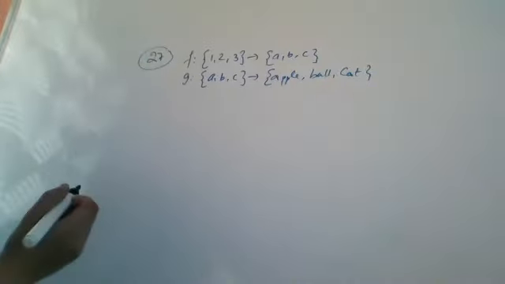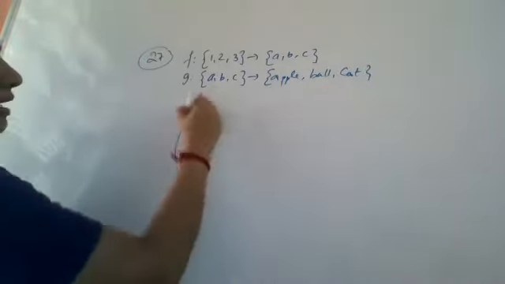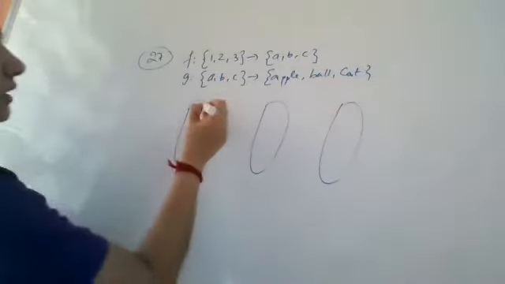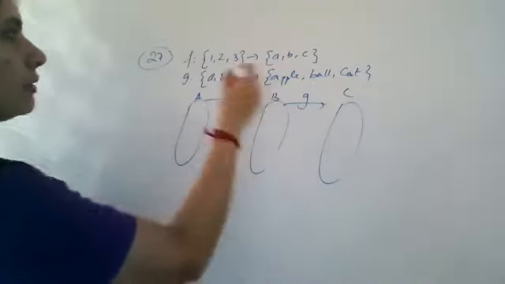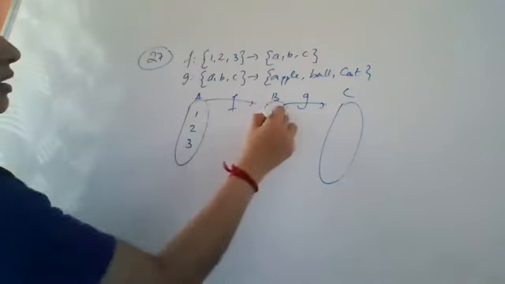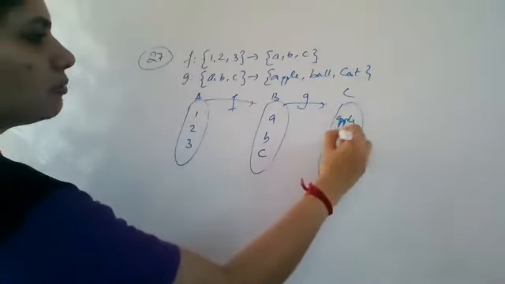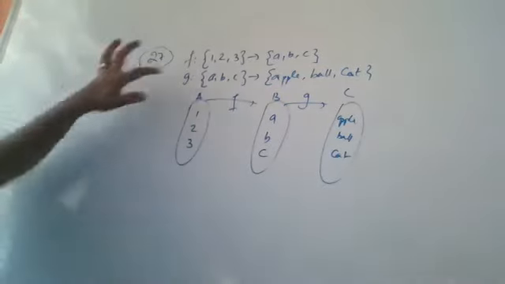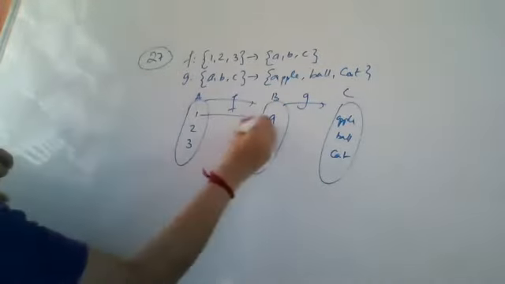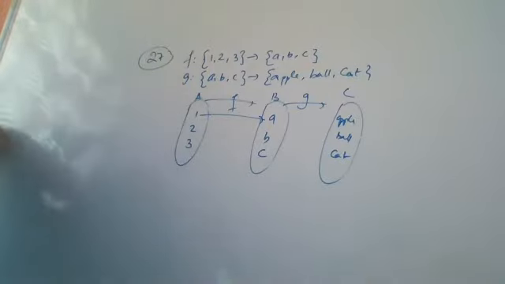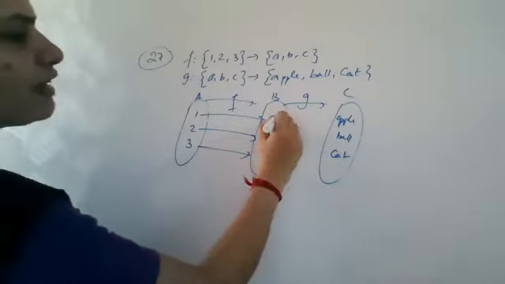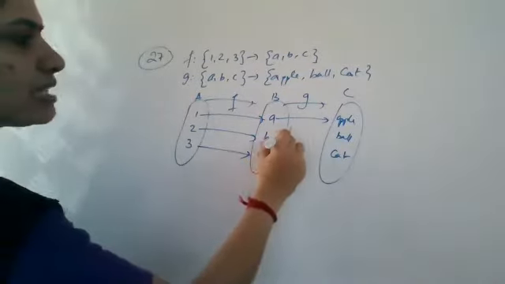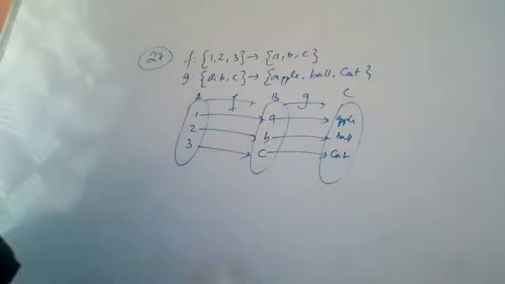For that, first they have defined what f of 1 is. So if I take this as your f and this as your g, let it be A, B, C. I am taking 1, 2, 3 as A, B, C, and the other one is apple, ball, cat. Now f is defined as f of 1 is A, then f of 2 is B and f of 3 is C. So is the function f 1-1? G of A is defined to be apple, g of B is defined to be ball, and g of C is defined to be cat.